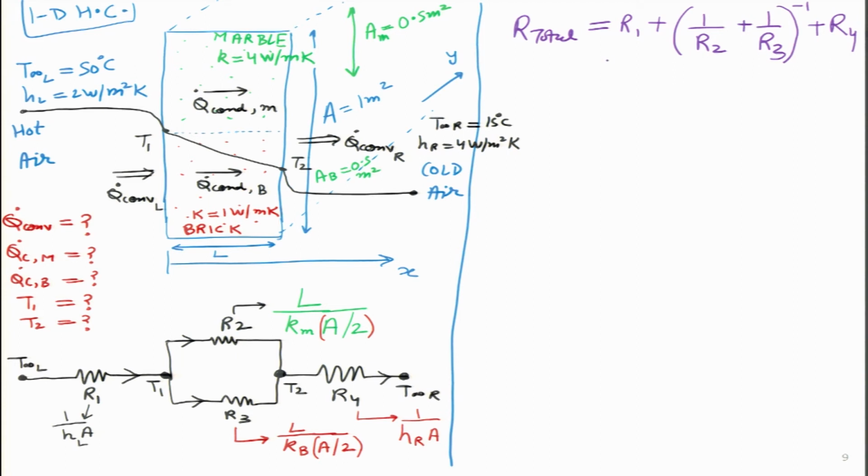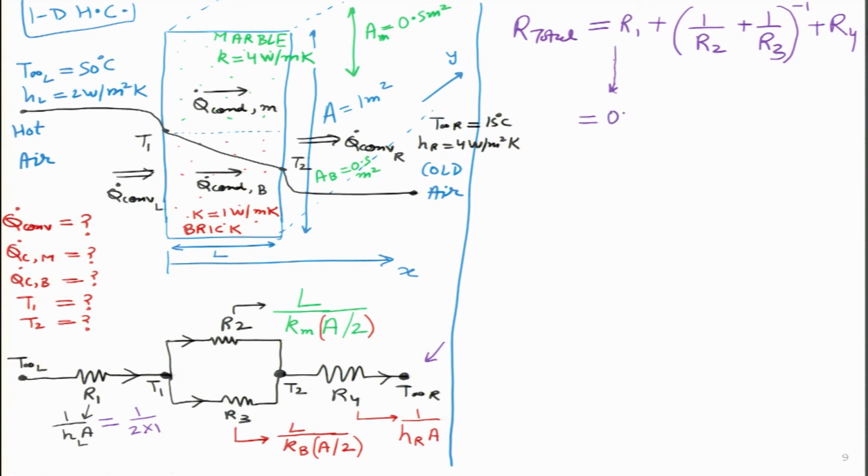So, this analysis we can do by substituting all these terms. We can substitute from here, all these R1 to R4 terms. Should I do the whole exercise, or can I go ahead and write the final result? Maybe for one term I will write over here. I can calculate it on the bottom left side, if you can see directly over here. So, 1 upon hLA will turn out to be 1 upon 2 into 1. So, this will turn out to be 0.5.